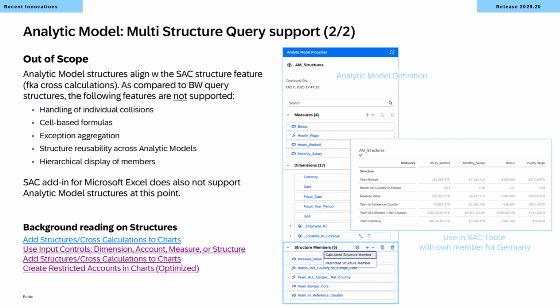So cell calculations we had, and also the hierarchical display of members is nothing we support. It's really a flat list of members that we support. And then I provided a bit of additional reading material for the inclined by SAC on sort of how cross calculations are used, but now they are provided by analytic model in a sort of central fashion. And with that,